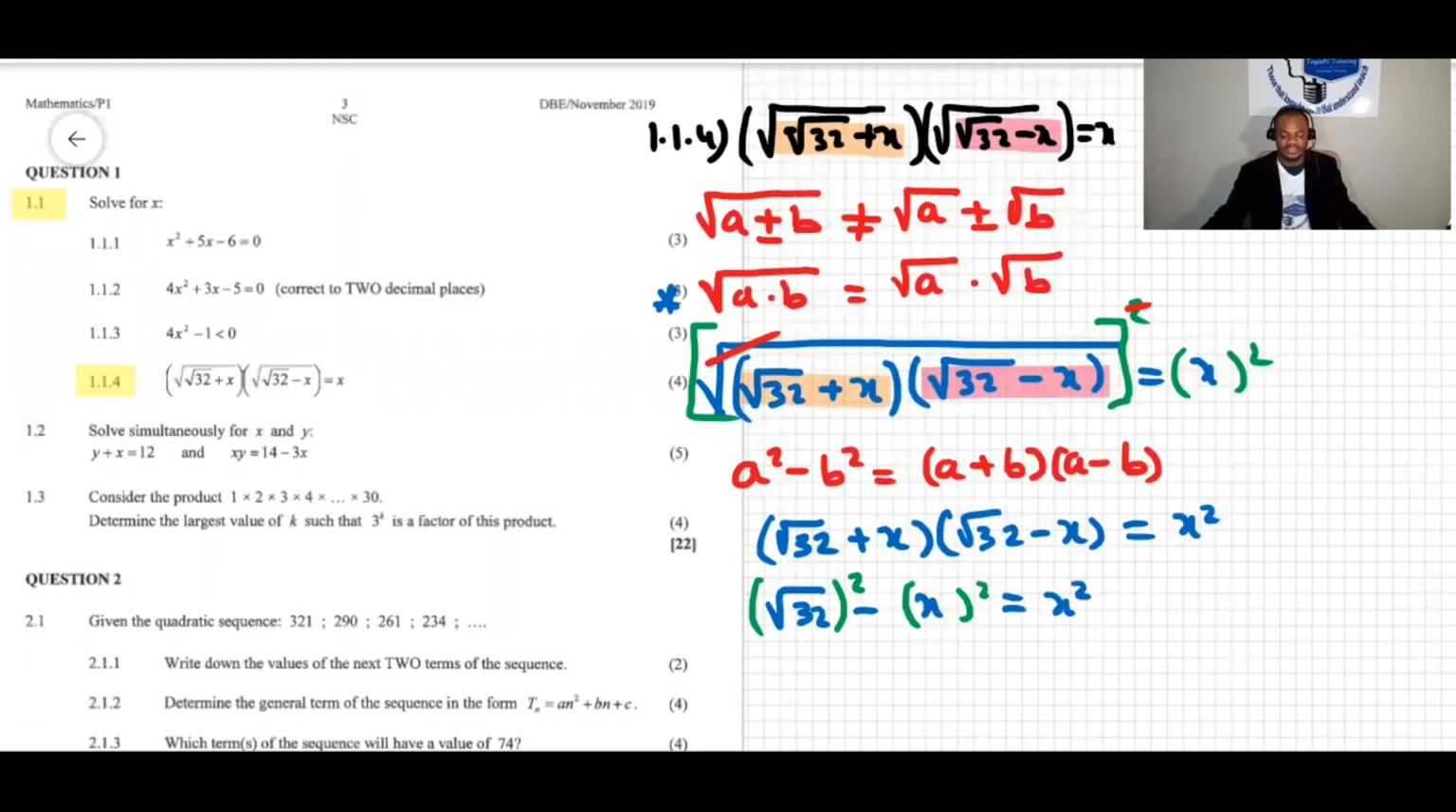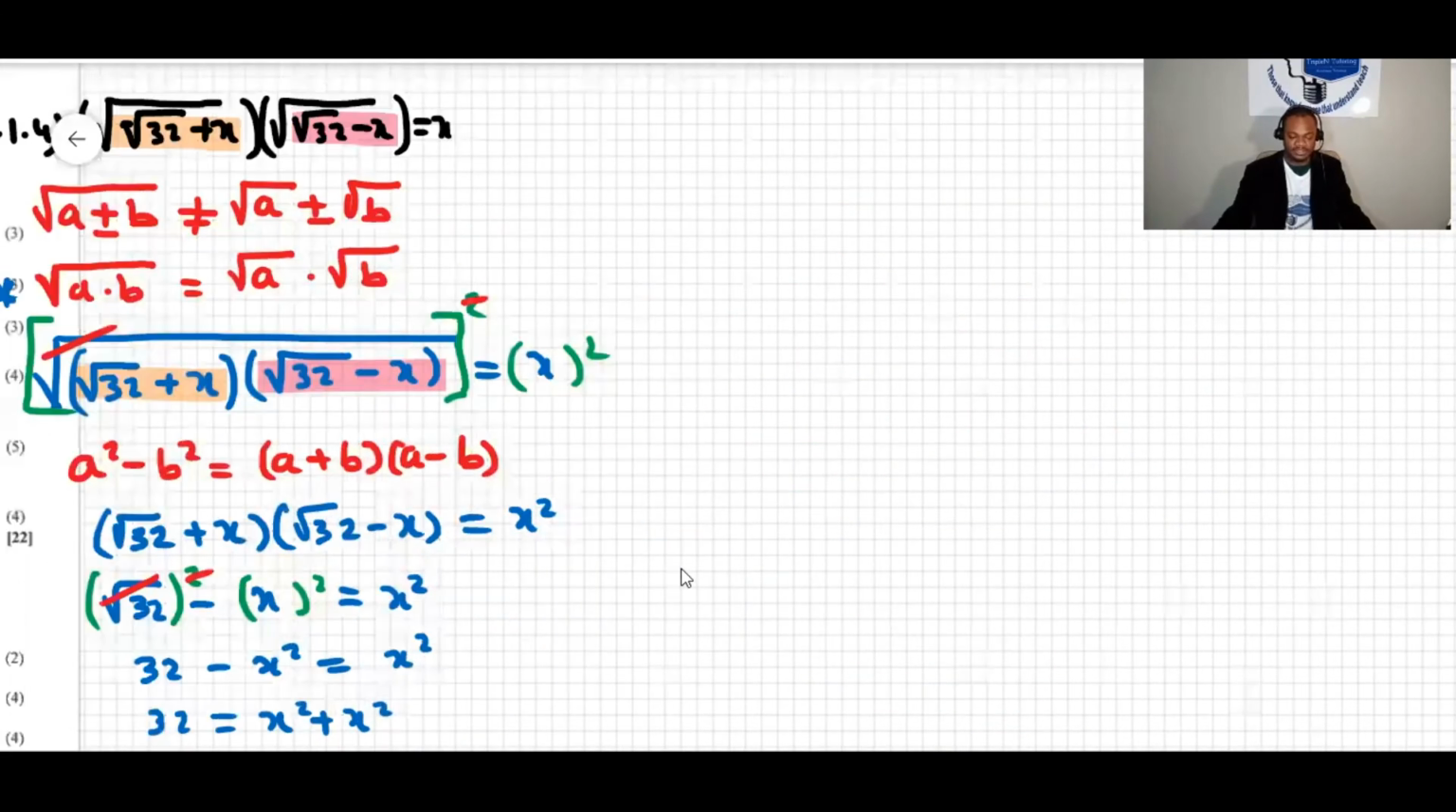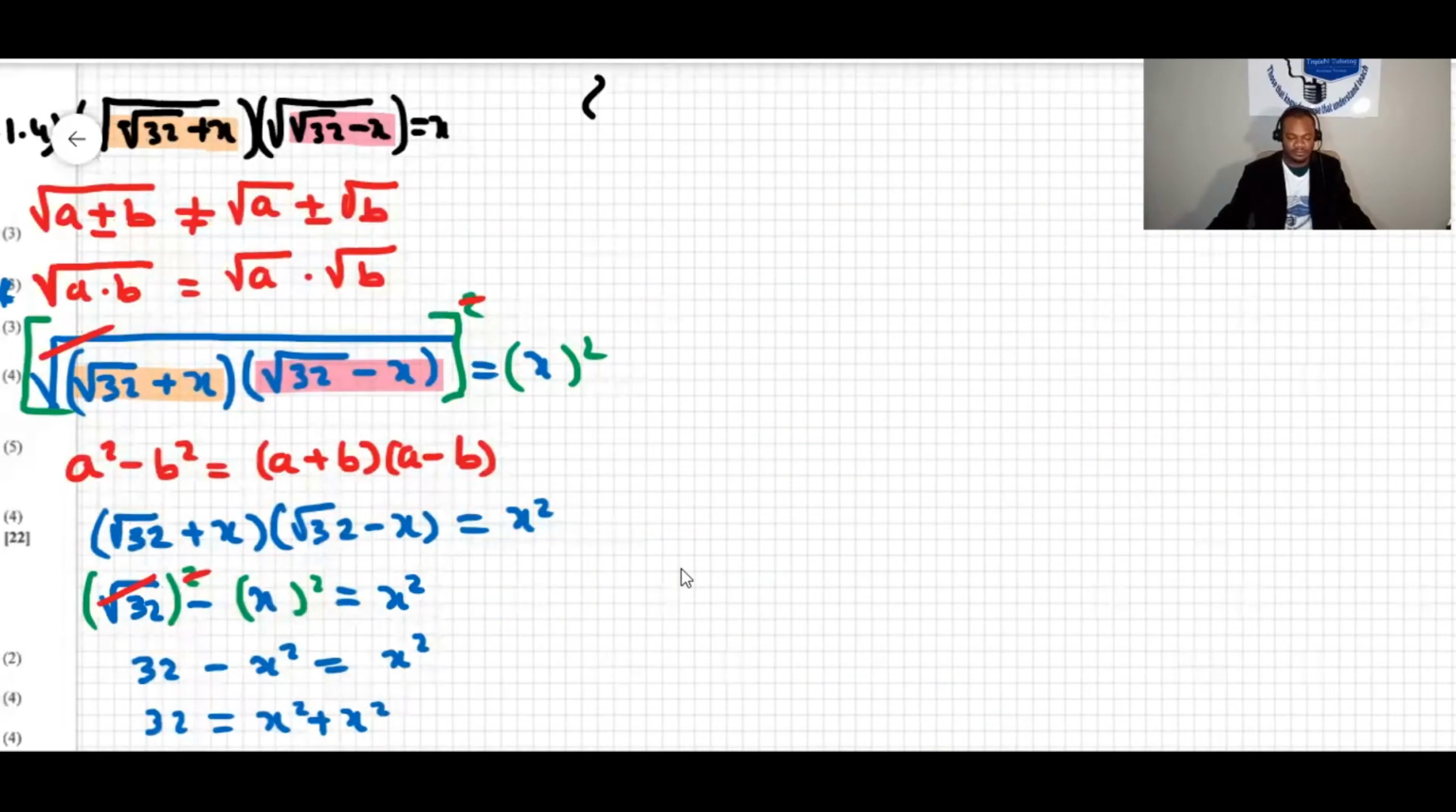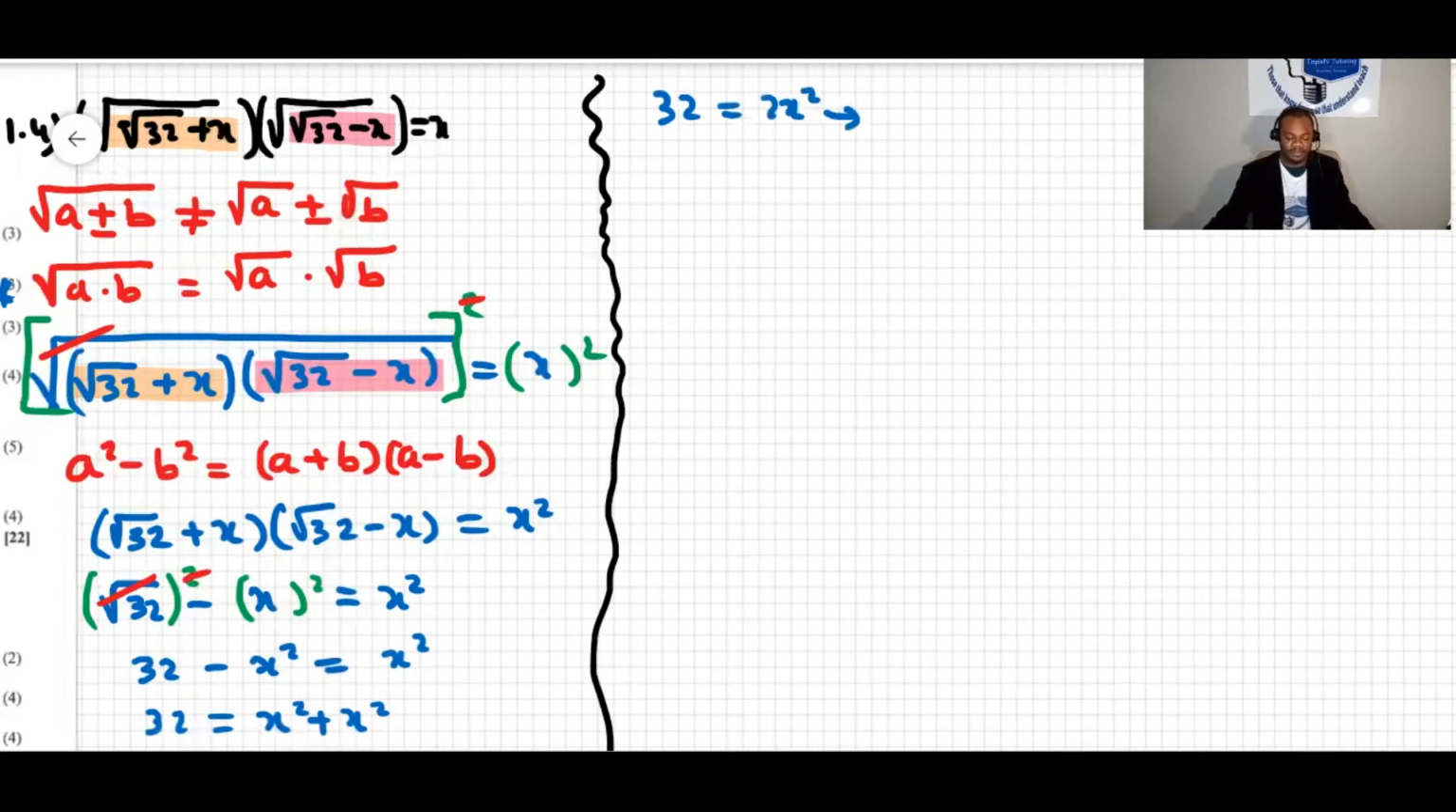And now, again, as I said earlier, the square root will be the power of 2, we cancel the square root. And then we are left with 32 minus x squared equal to x squared. Now we can move the negative x squared over, and then that makes x squared plus x squared. Let's just move this like that, and then we have left with 32 equal to 2x squared, which means if we divide both sides by 2,